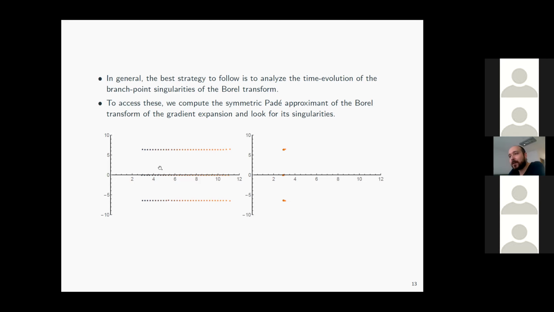Another point which is important to mention is that we don't yet understand how the singularities you have in the Borel plane are set in terms of the initial data. So if you ask me, why on earth do you have one real singularity and two complex conjugated ones? I have no idea why. This is a point that we still need to understand. Okay, so I think I would stop here and I would be glad to hear your comments and answer your questions.